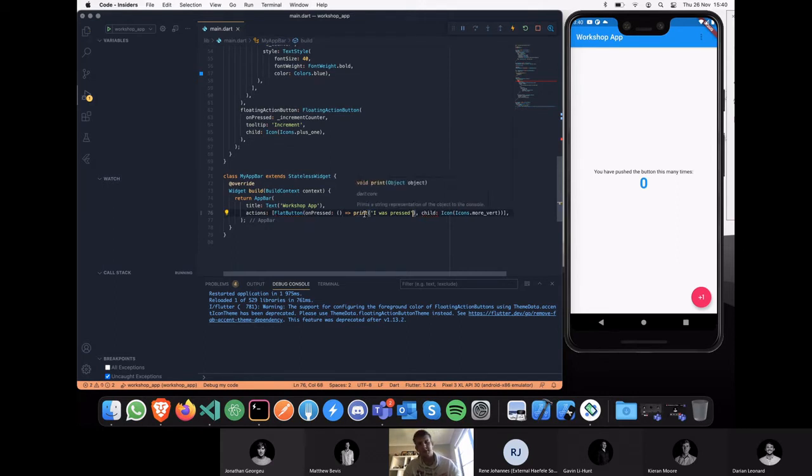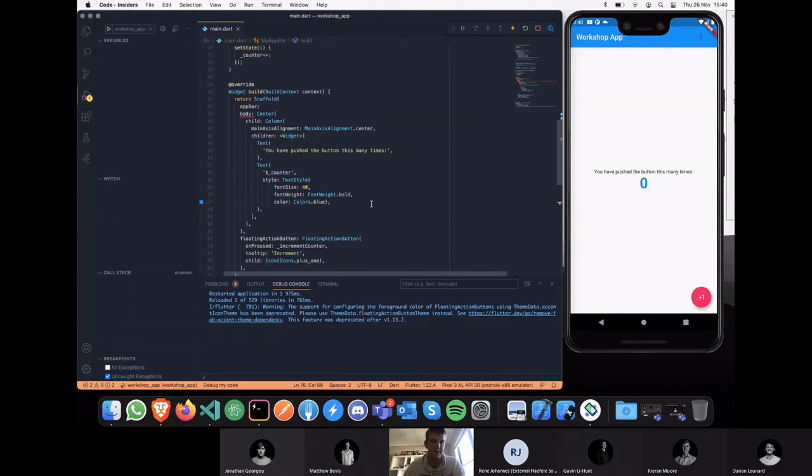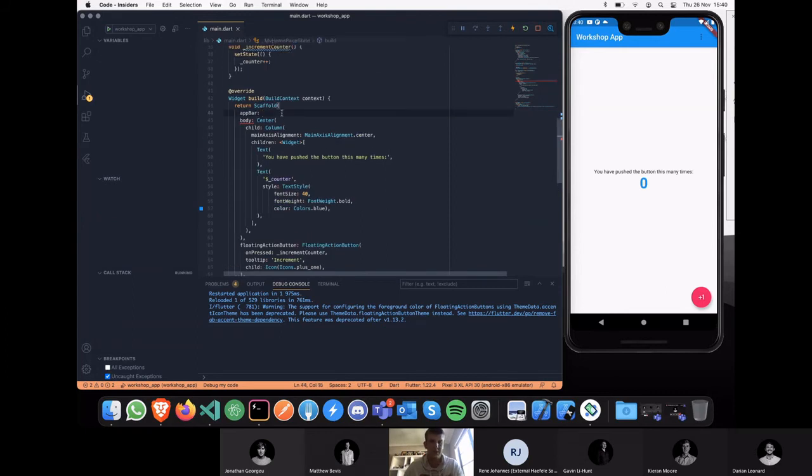So that print is the biggest transition between JavaScript or React and Angular, Vue, and Flutter. The most common mistake I make is that I type console.log instead of print. So we can see over here that we have this debug console, right? And that's obviously showing us everything that's going on. So if we now make use of my app bar over here,